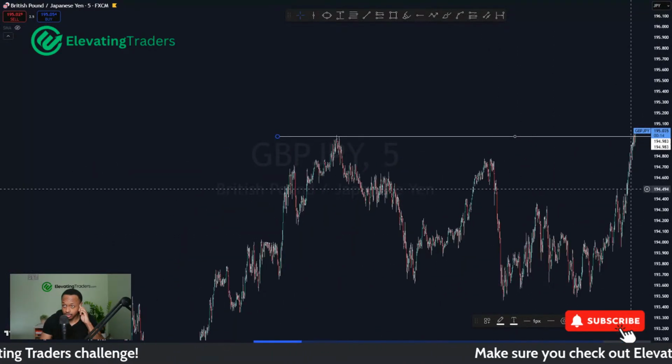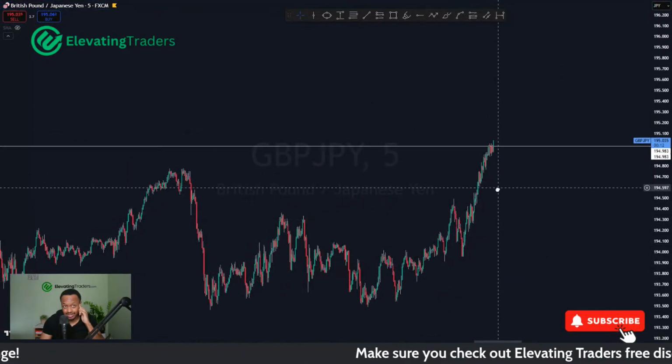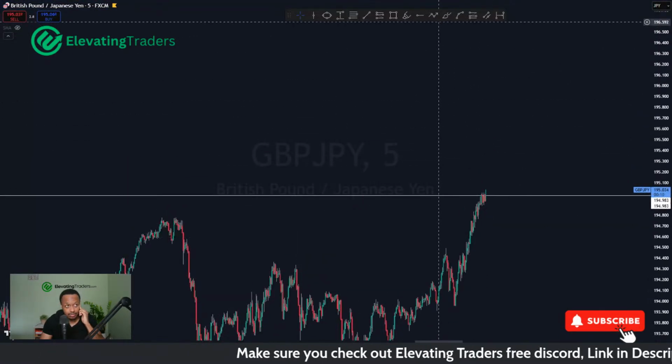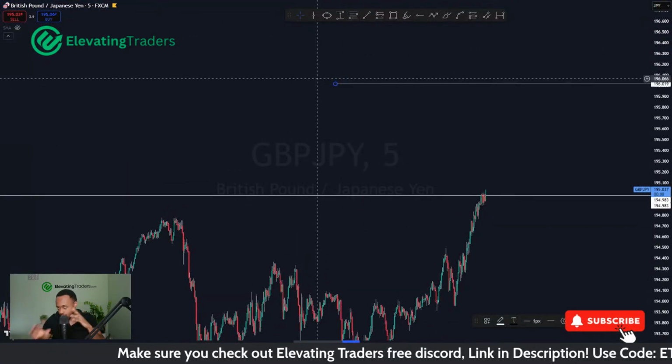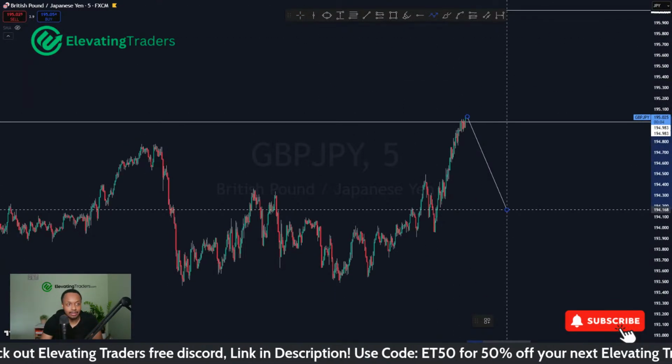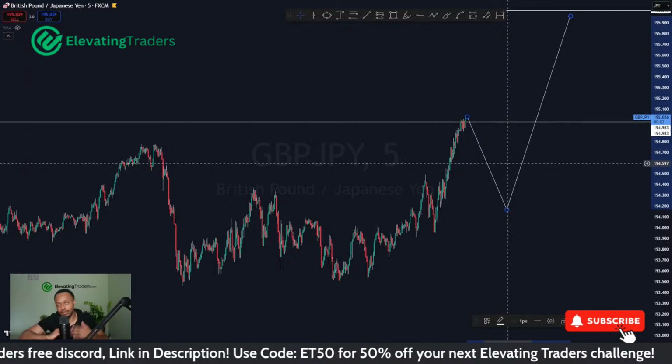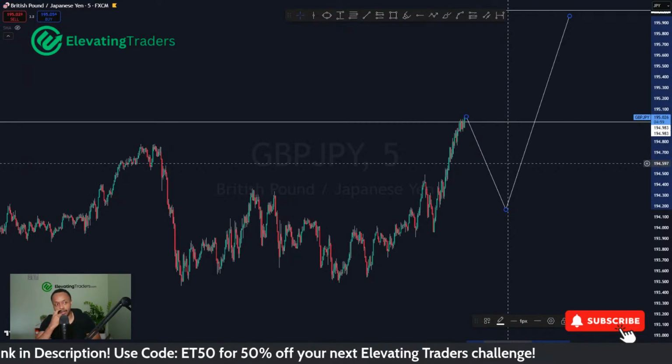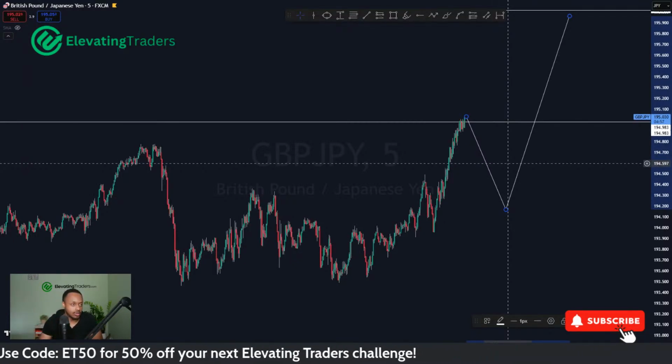I'm still pretty bullish on pound yen. I do think pound yen can at least get to 196, which is up there. Again, judging from a higher time frame perspective, we could easily go through quite a nice sell before 196. Doesn't have to be in a straight line, but I do think price can go higher.